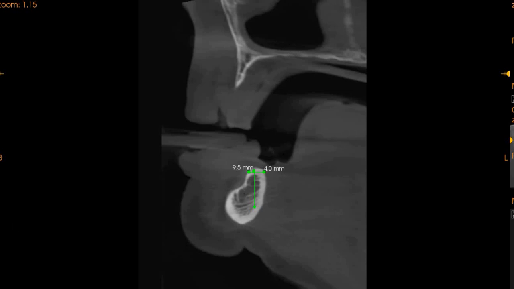The bone quality in the lower anterior mandible, sorry, is D2, whereas the bone quality in the upper maxilla is absolutely D4, and we don't have any ridge width or ridge height whatsoever